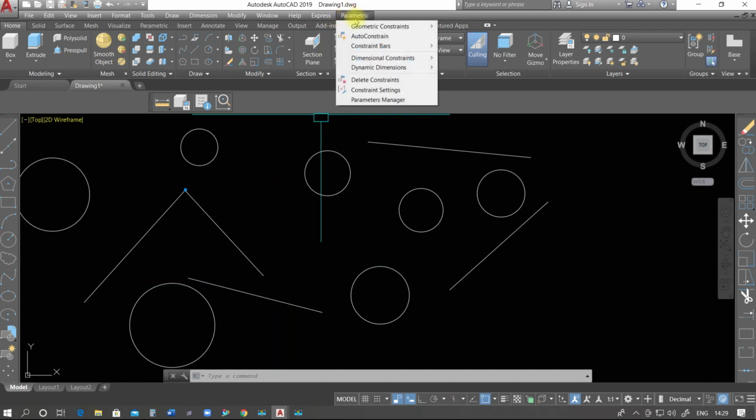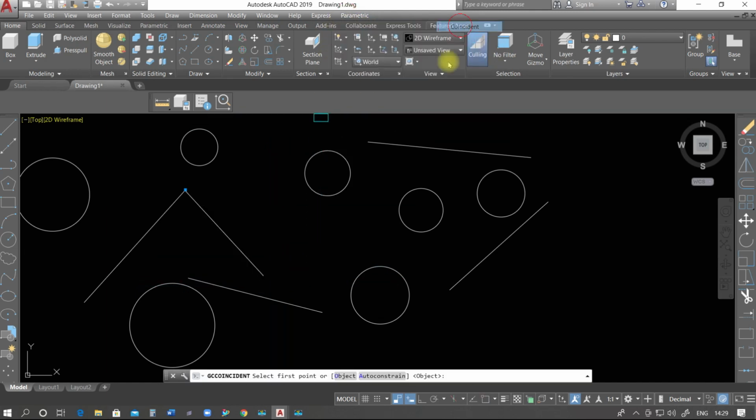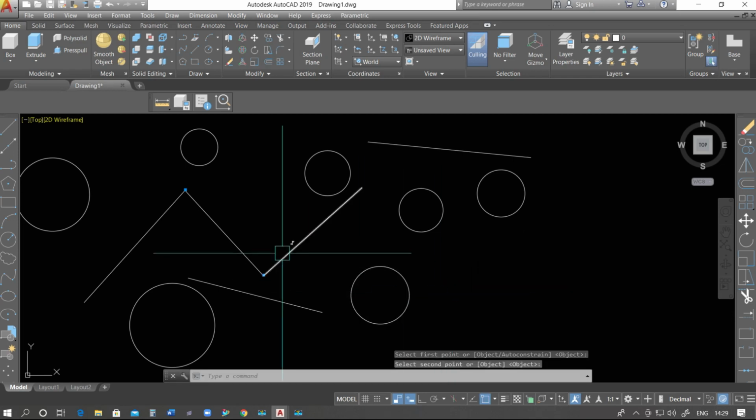Again go to parametric, geometric constraint, constant. Select this. One thing we also have to know: the first one which we select, that one will be fixed. Suppose I select this one, so it will be fixed. And now I want to move this one. Okay, displace these entities from here to here. So we click here. See, this is how to constrain.